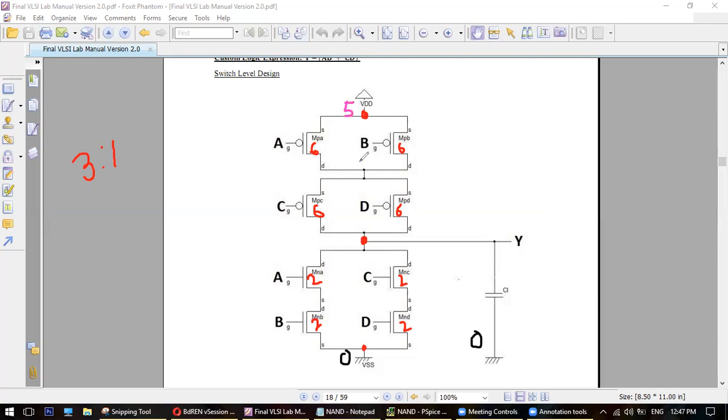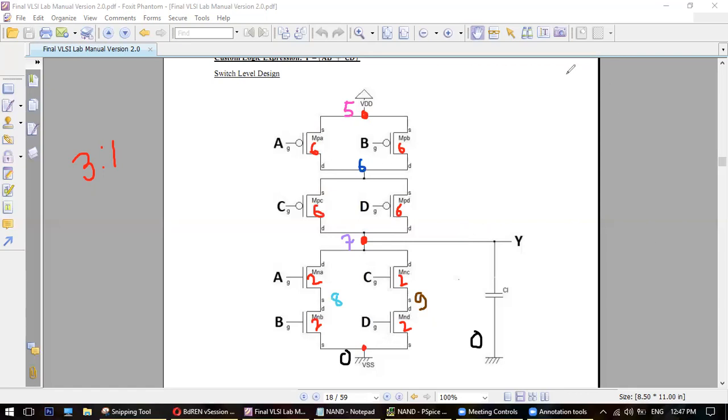Then 6 will be this whole part. Next will be 7. 7 will be this one, meaning this drain, drain, drain, drain, and this output as well. Next you have 8, next you have 9. Understood, everyone? Yes, sir.